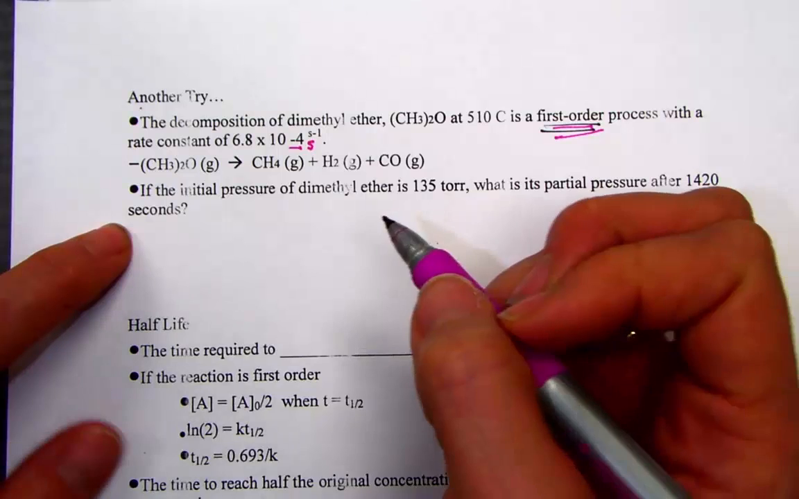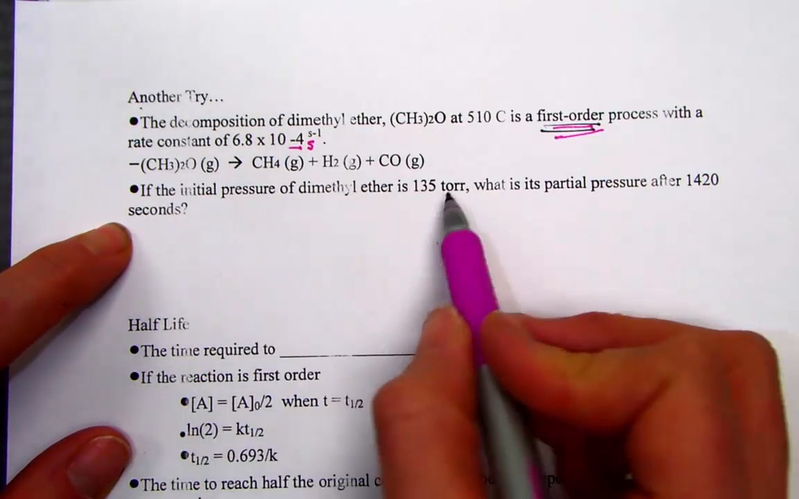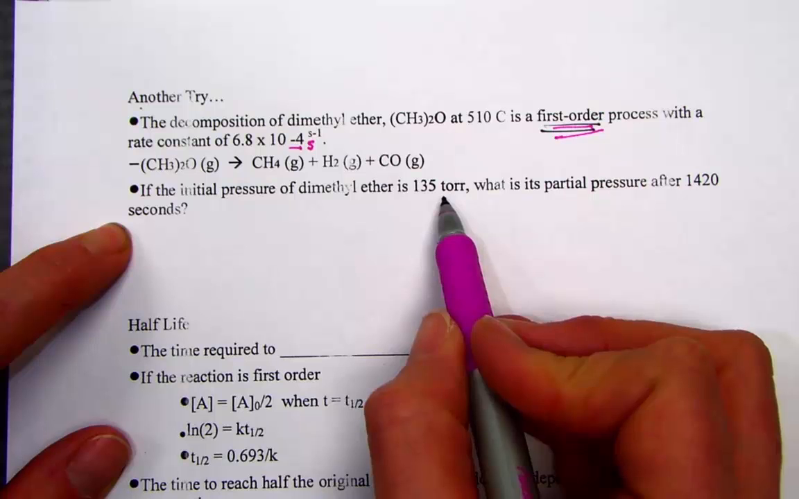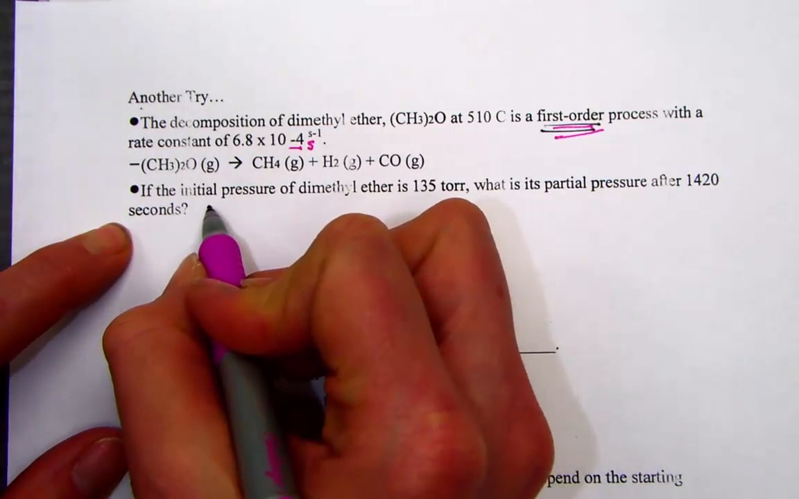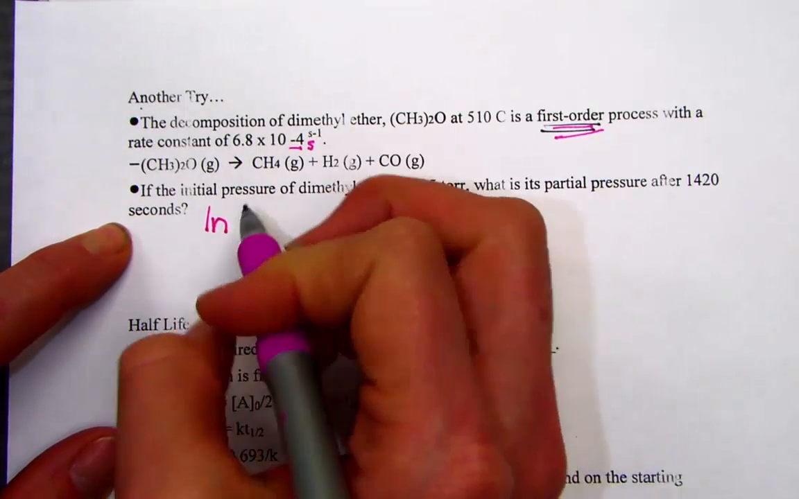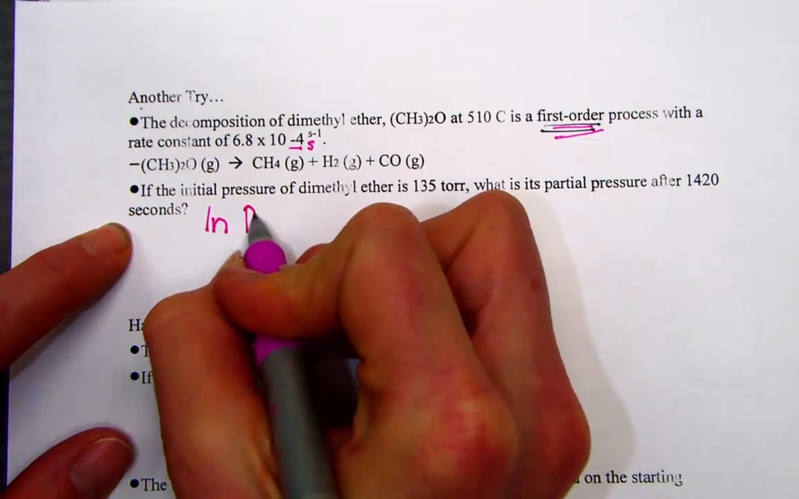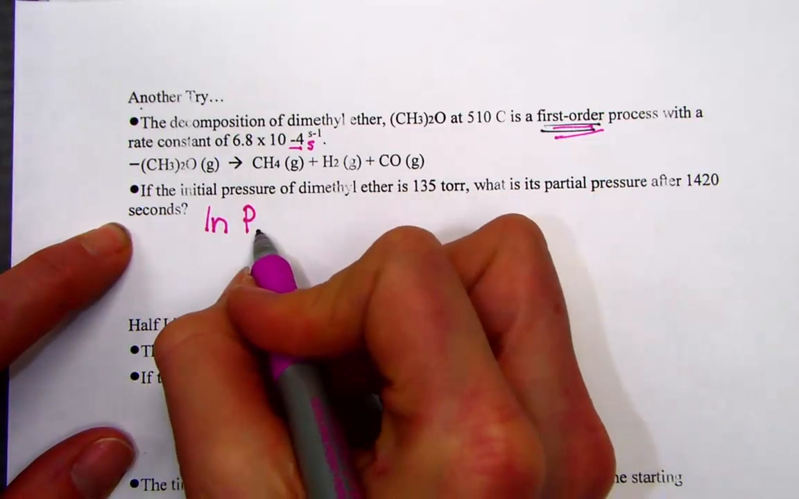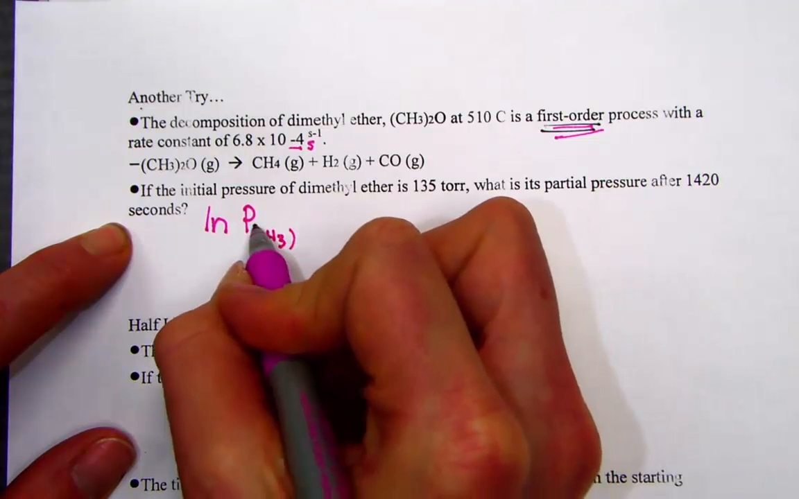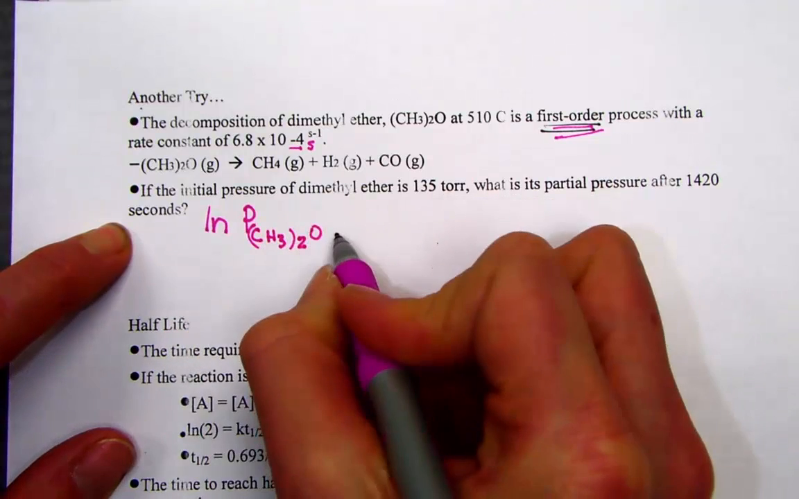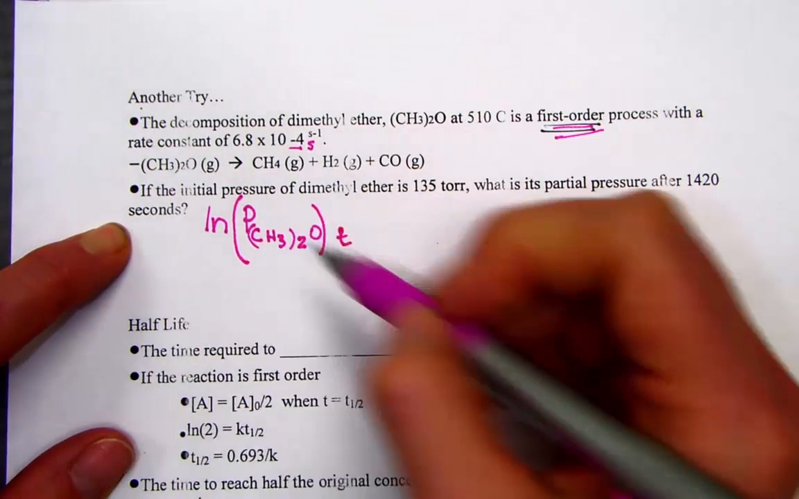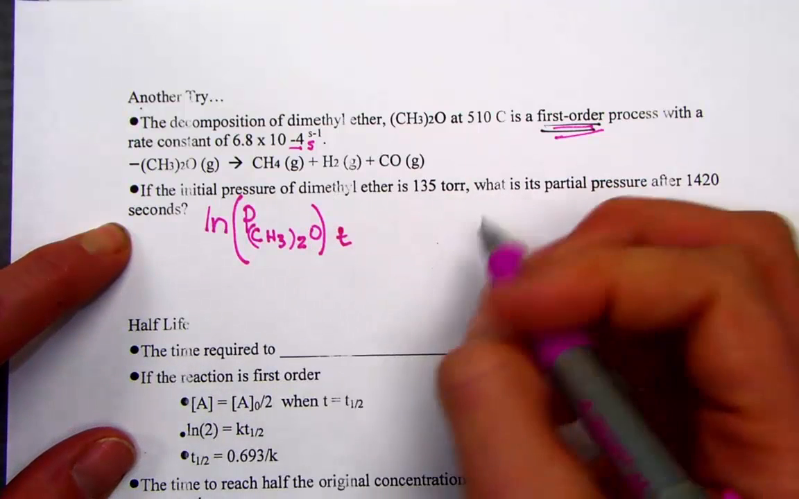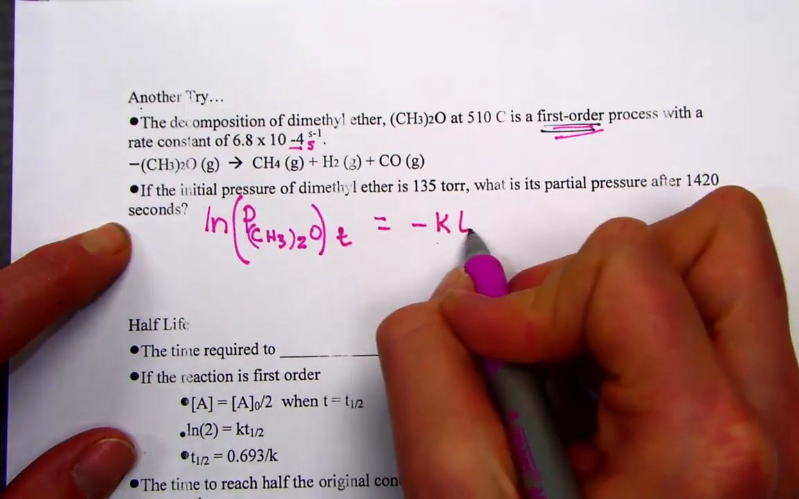Since it's a gaseous reaction, it's going to talk about pressure given in torr. Instead of molarity units, we will now use torr for pressure. So our first order reaction would look like the natural log, and we use the partial pressure of our reactant, CH3 taken twice, O at any point in time. P, of course, is partial pressure. I'm just putting parentheses around that, is negative kt